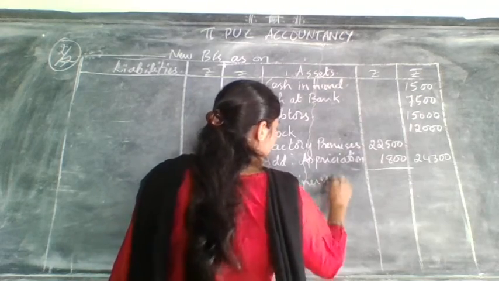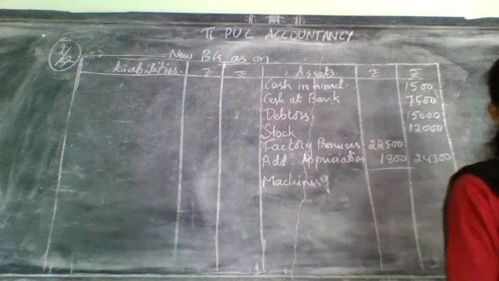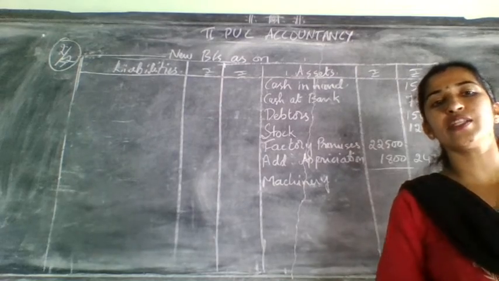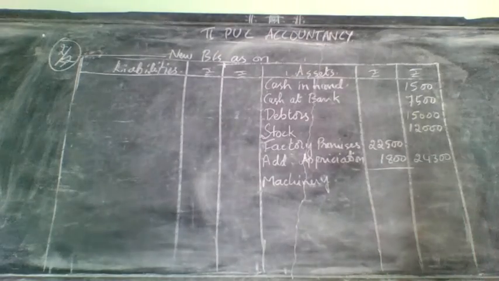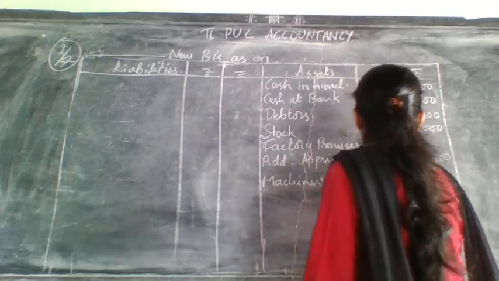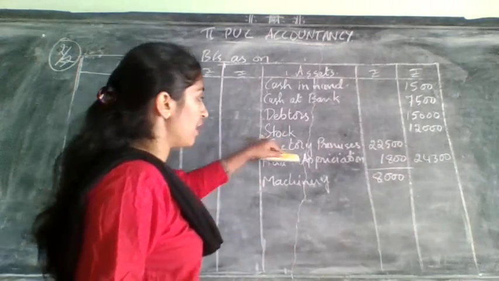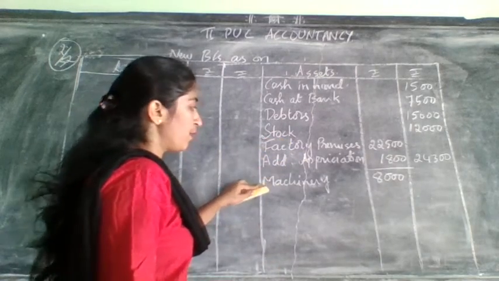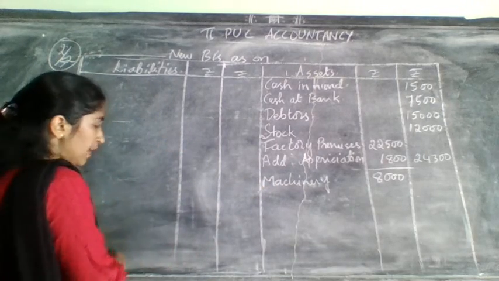Whether machinery is having adjustment? Yes, it is having adjustment in revaluation account. Already you have taken what they have given, less than means depreciation, and taken it on the debit side of revaluation account. First you write the value of machinery, that is 8,000. After writing the value, in the revaluation account, see, premises was taken on the credit side, so you are doing add there, but machinery was taken on which side? It was on the debit side there.